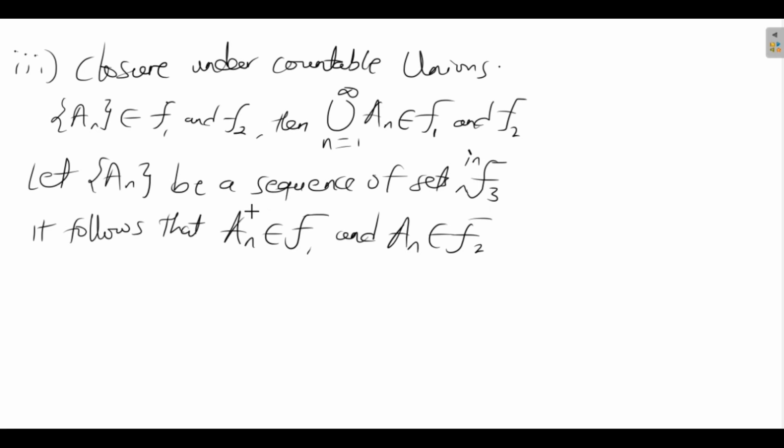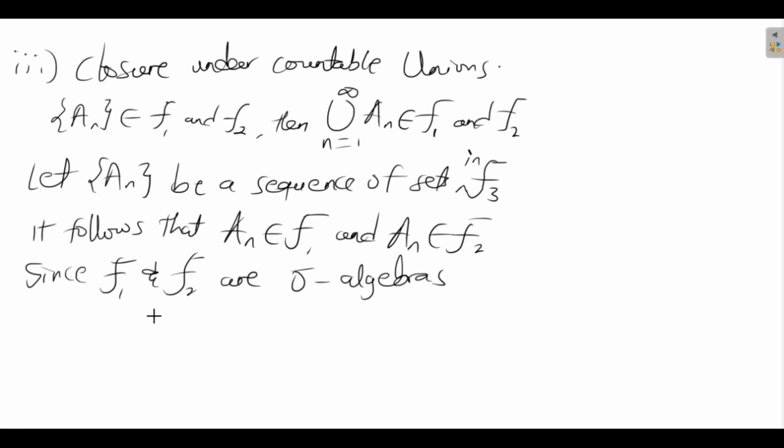So if AN, which is a sequence of sets, belongs to F3, then it follows that AN is found in F1 and it is also found in F2. Now, we know that F1 and F2 are sigma algebras. What it means is that